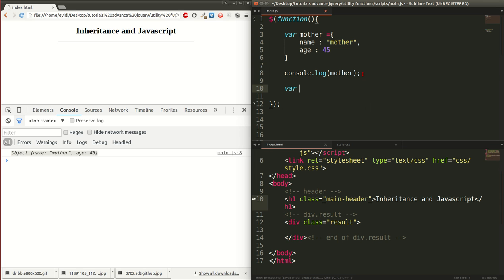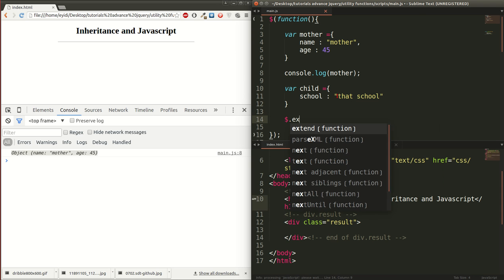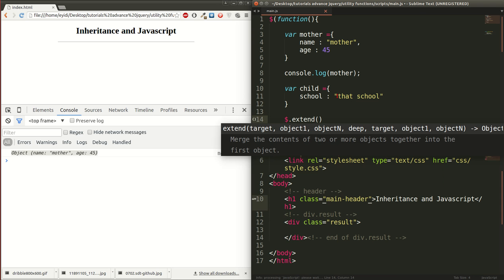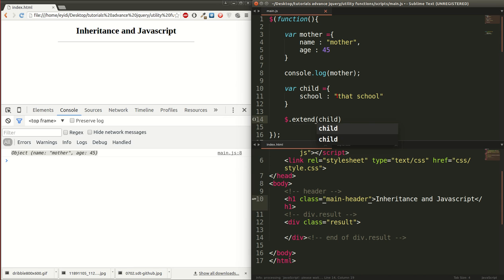well. I'll create now a child that will extend the properties of the mother class, and I'll call it child, and I'll just give him school, because all these elements in here will be there already, and the school will just be that school, and that's it. In order to extend now, it is pretty simple. I'll just use extend. I put the object I want to be extended, and then the object to be extended,